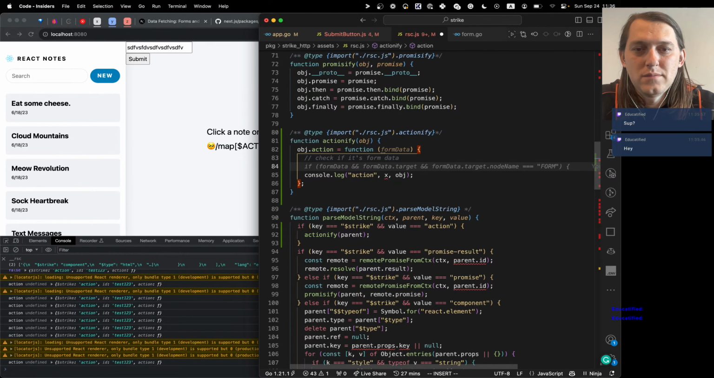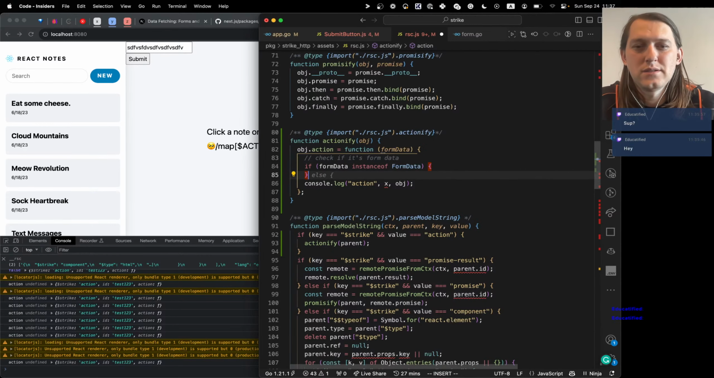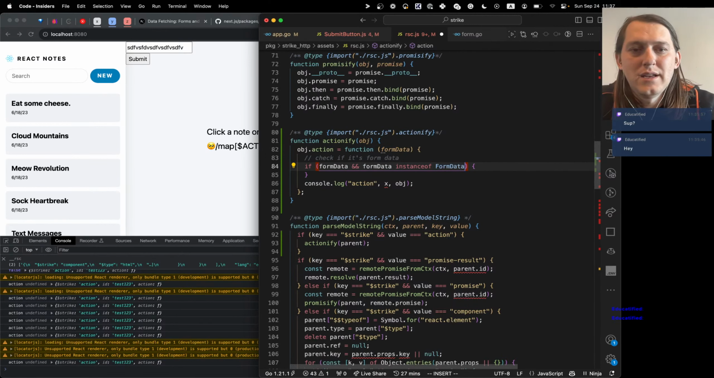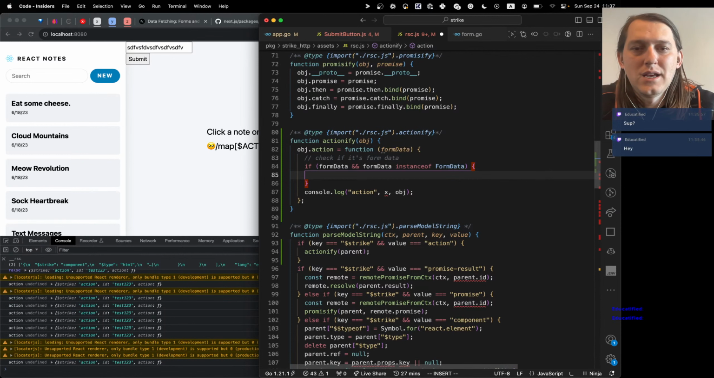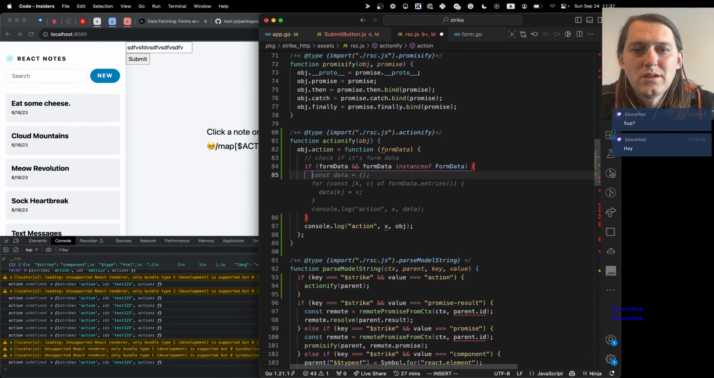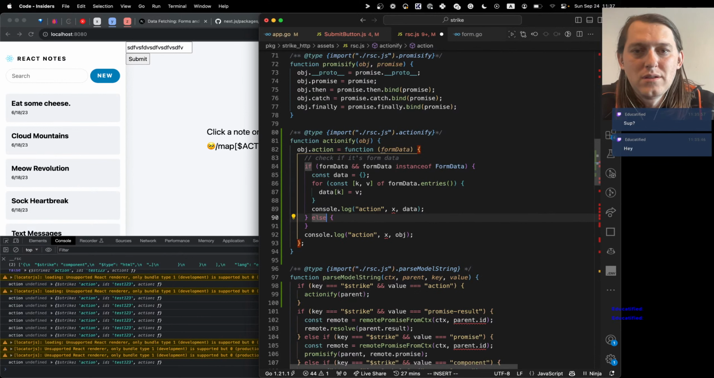Okay, I'm not sure that's the best way. If form data is an instance of FormData, I think that's where I want to go. So it could be undefined or FormData. Yeah, I think that's the idea. So if we have form data and it's FormData, then we do something. Otherwise, we say, yeah, so form data is not